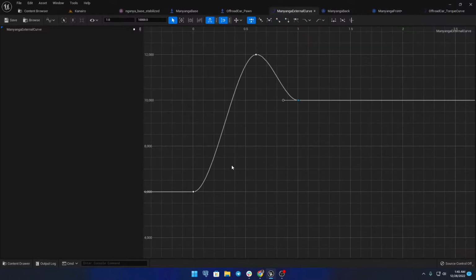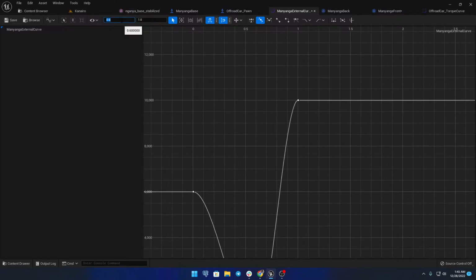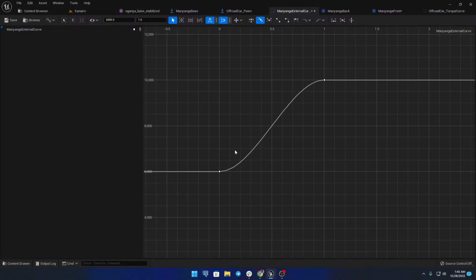Oh, right. So I have these things all switched up. So this one should be 1. Wait a minute, that was 12,000. So this one should be 1 and 6,000. Okay. And then